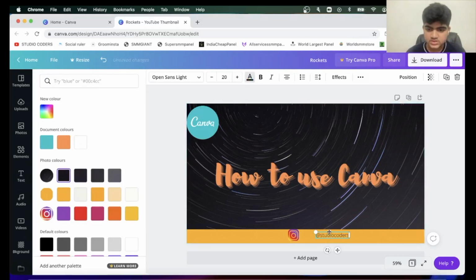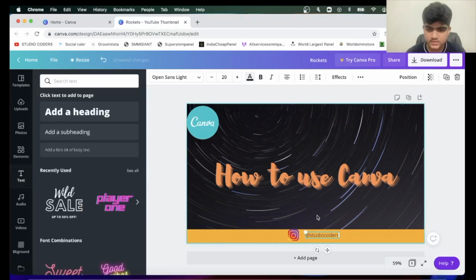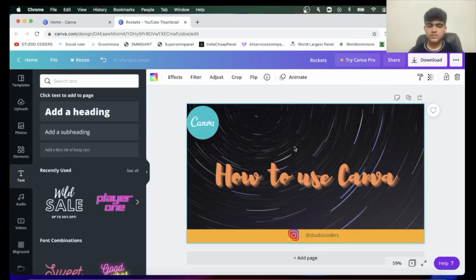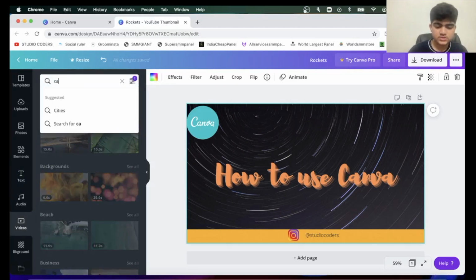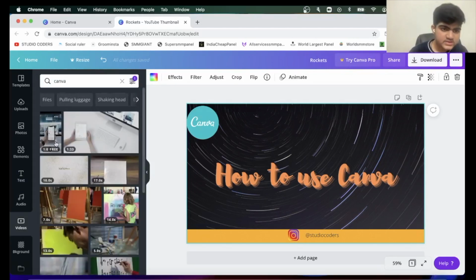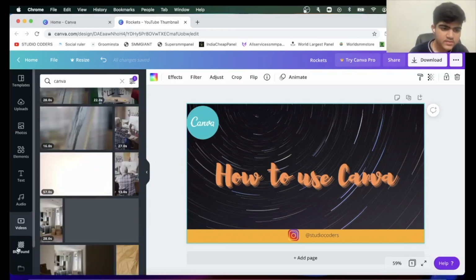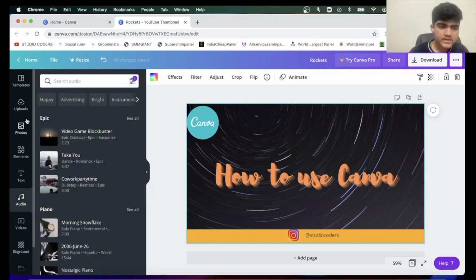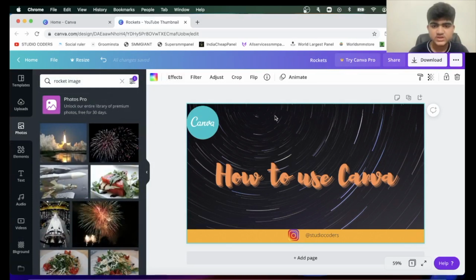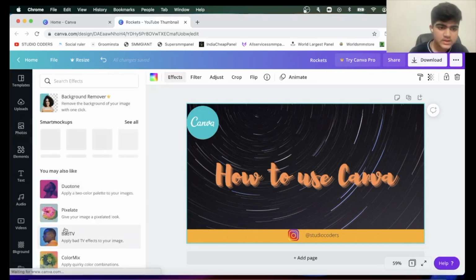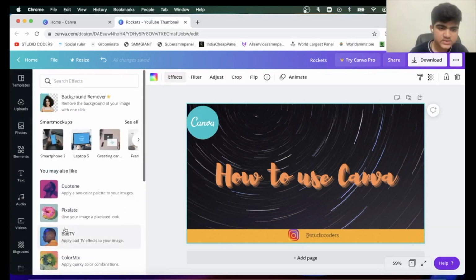Then you can use this tool to align it. Then you can even add videos if it has any Canva video. It also supports effects. Just click on effects and it has all these effects like slice.